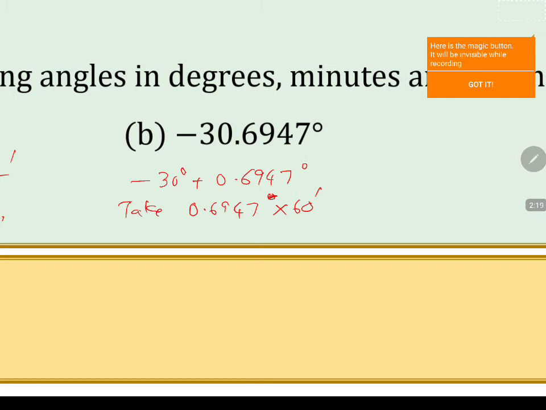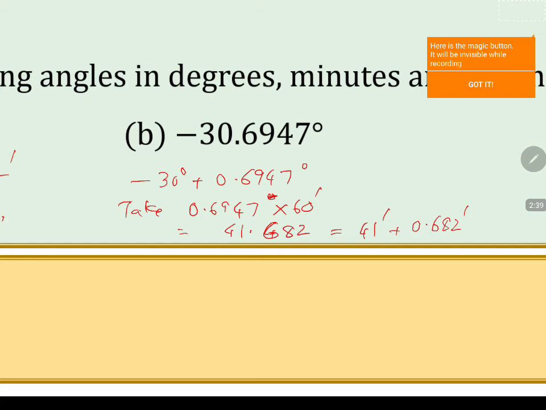When you calculate this, you will get 41.682. That means it is 41 minutes plus